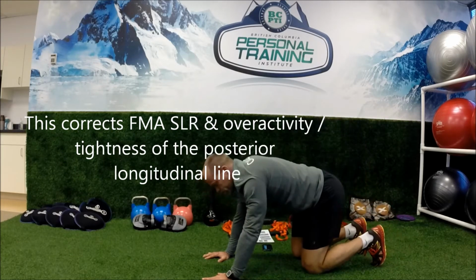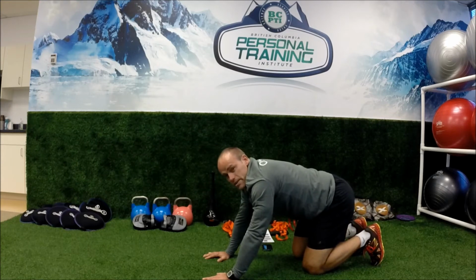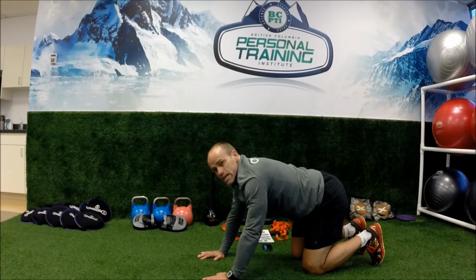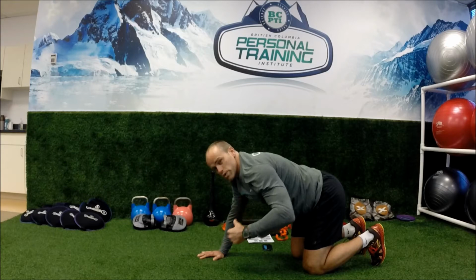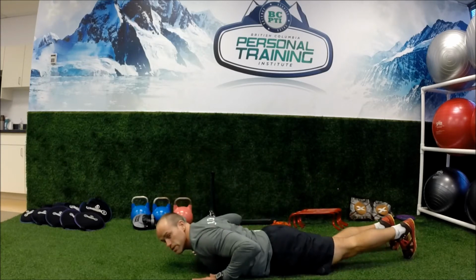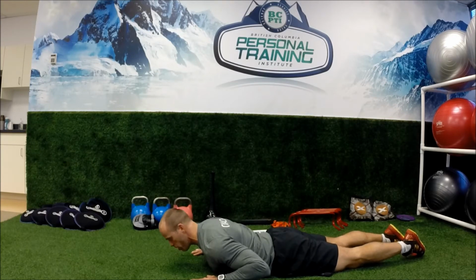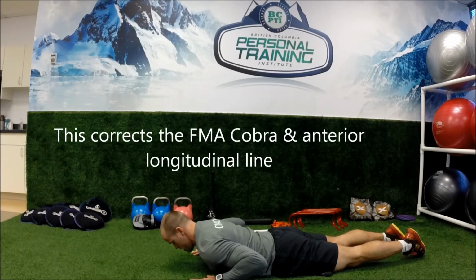And then the second portion of this is to strengthen that line. Okay, so what we're going to do, we're going to strengthen that line, and then that by reciprocation, open up the front line. So we're going to do an assisted back extension exercise specifically designed to increase thoracic spine strength. So you're going to squeeze your glutes, hands are under the shoulders, drop your shoulders away from the ears, very important. Point your toes as much as possible, fire your glutes so you're pressing hard into the ground, compress the